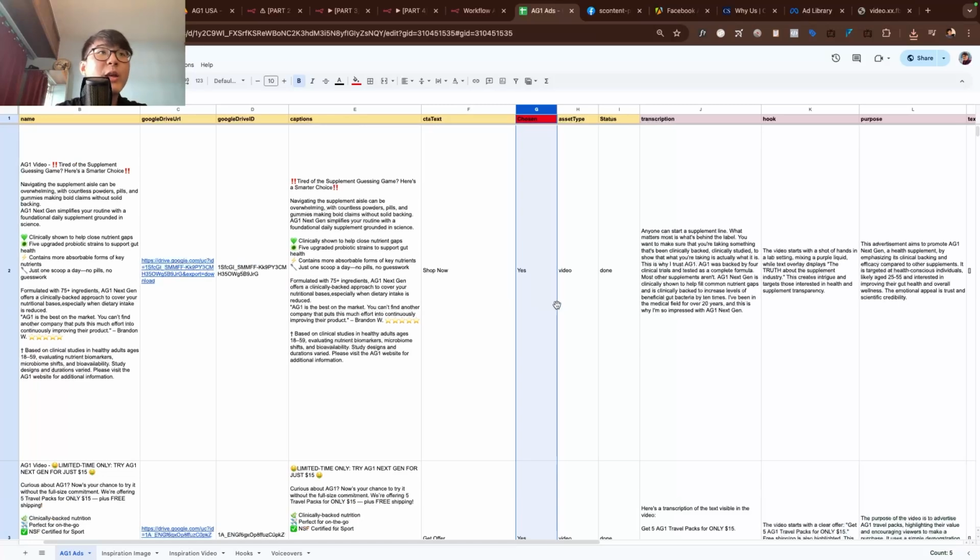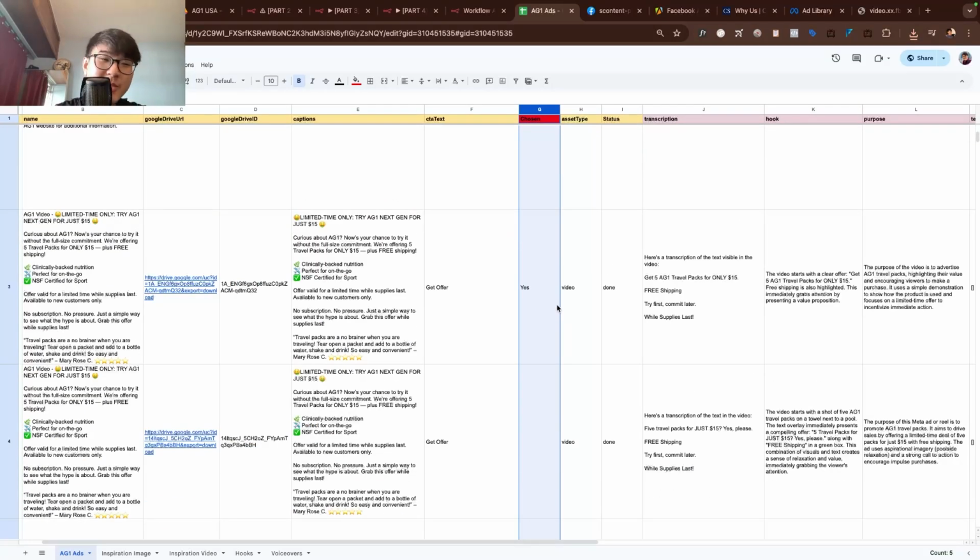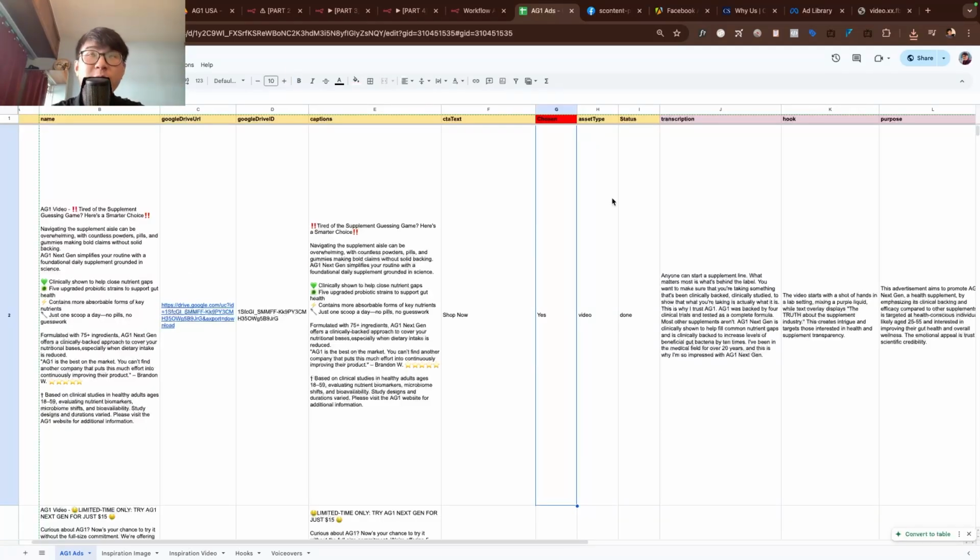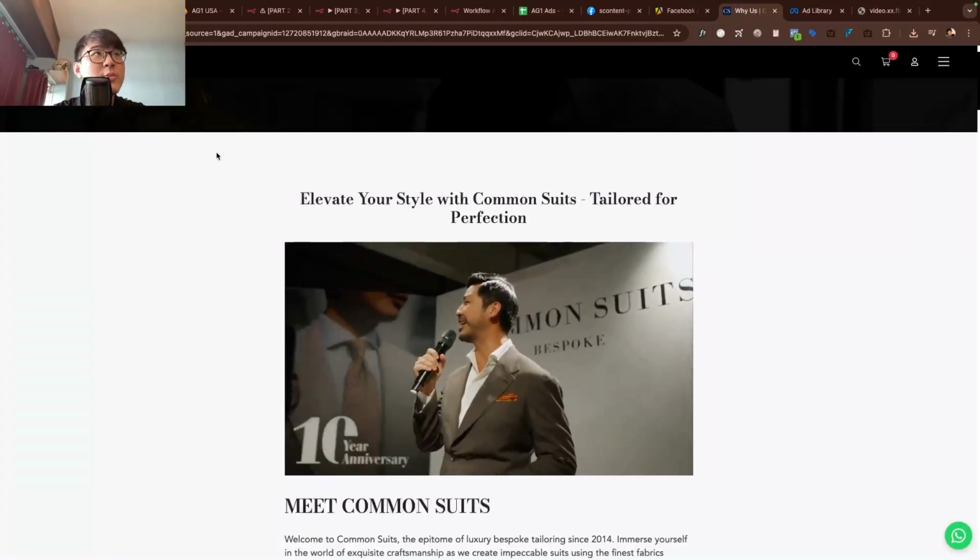You need to choose the ad that you want to transform because AG1 is running 70 over ads, and if you want to create 70 ad variants, I would say that will take up a lot of processing power. So I've only chosen 4 ads to be transformed into ads that will be suitable for this brand called Common